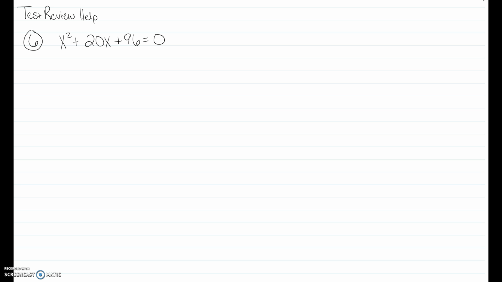But the easiest way to solve something that is a trinomial, x squared plus something with x plus a number, is to try factoring. So I'm going to try to factor. I need two numbers that multiply to give me 96 and add up to 20. And I know 96 is kind of a big number, so that's kind of annoying. But